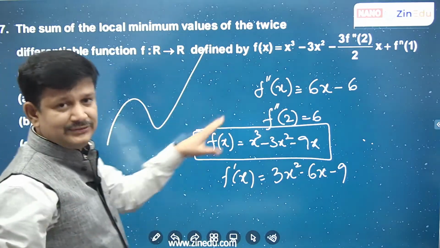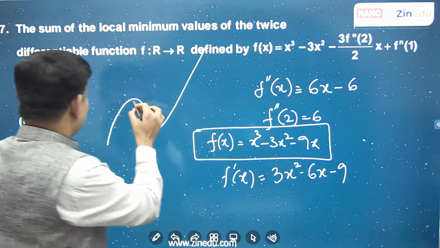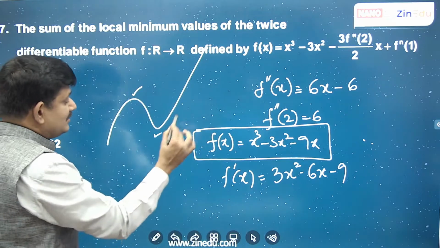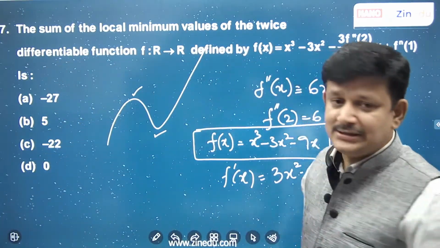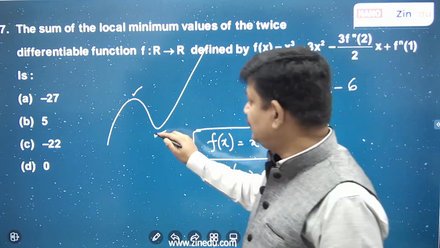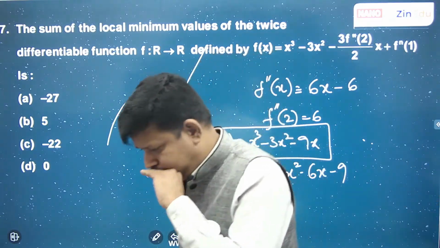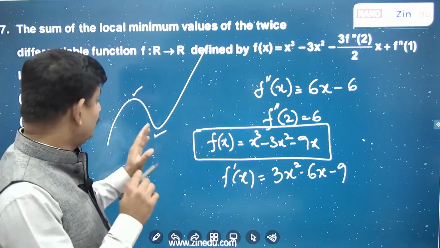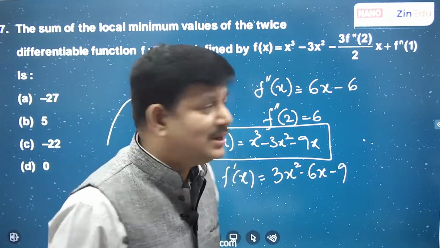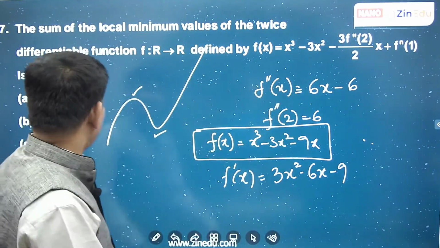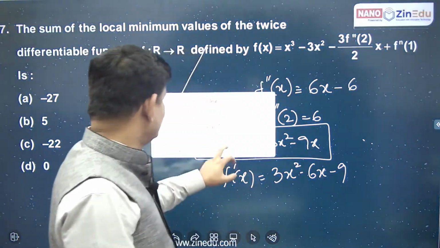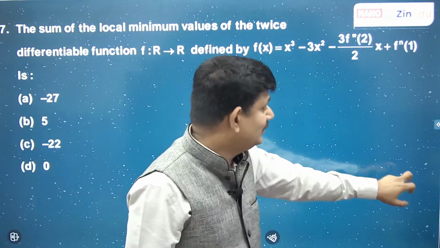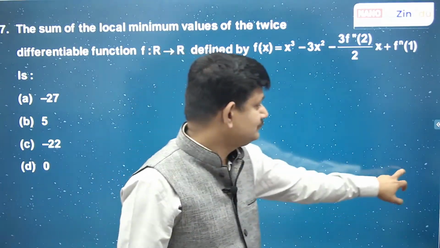So just from minus infinity to infinity, there will be a point of local maxima and a point of local minima. So just find the roots of f dash x is equal to 0. You will get the point of local minima, you will get the point of local maxima. From there you will be able to find out whatever he asks in the question. So again, not at all a complicated question, a difficult looking but easy question.